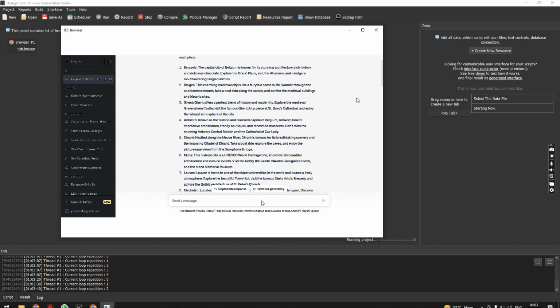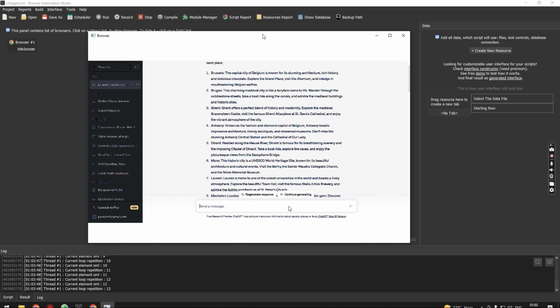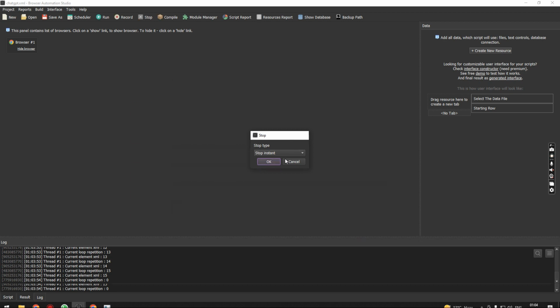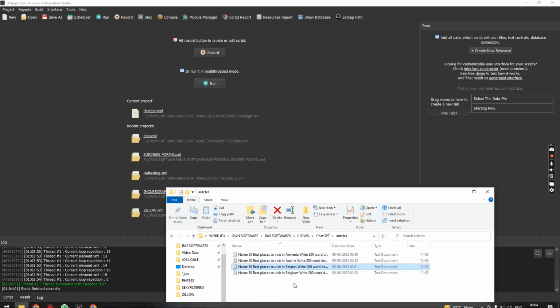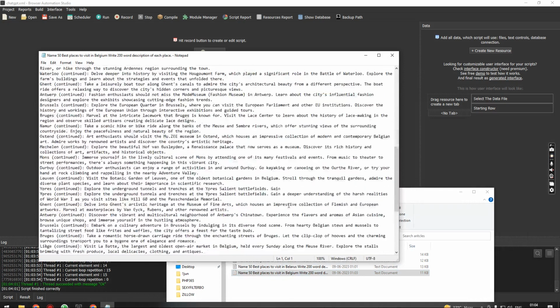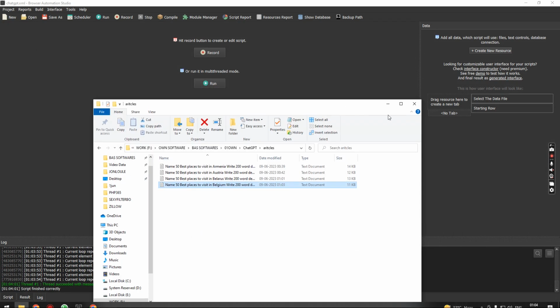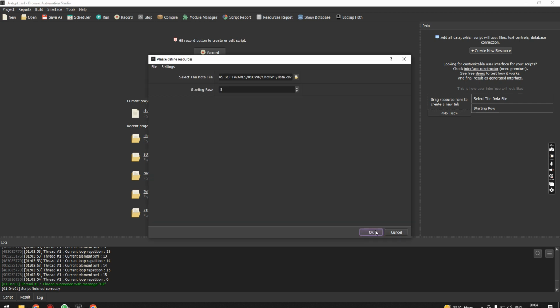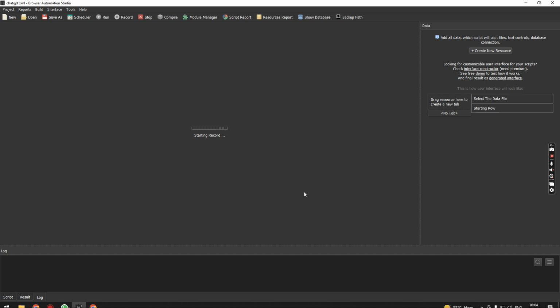And friends, if you do not know about browser automation, while the bot is generating the article, I think it's like completing it. Okay, now I can stop. So I stop this, and we already got the article for Belgium as well. Here it is. So I showed you the demo of the bot, how it works, and now let's move to the script that I use for creating this